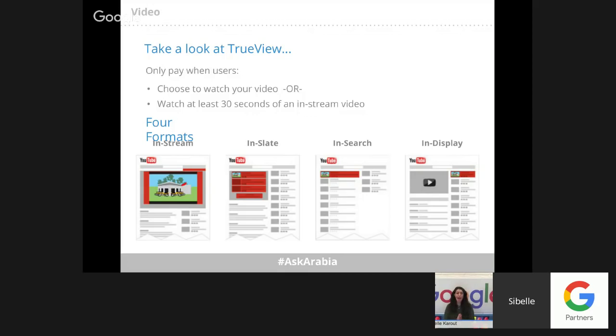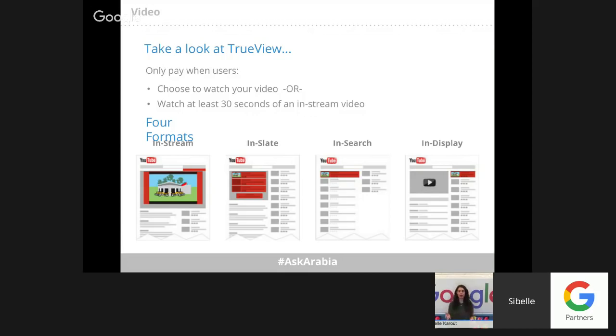In-search is when ads appear on the YouTube search page as the Google video search results based upon keywords you assign. So using AdWords, when you set up a campaign, and we are going to go into more details about that, you have the option to select certain keywords you would like your ad to appear for when people are searching for those keywords on YouTube search.